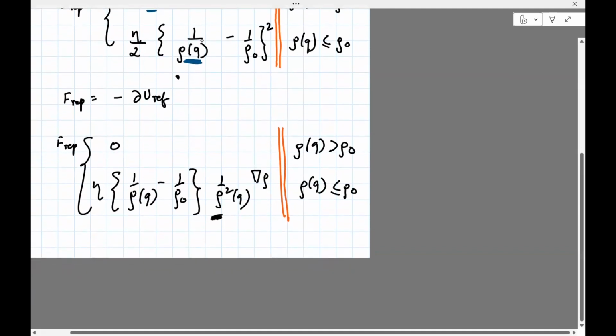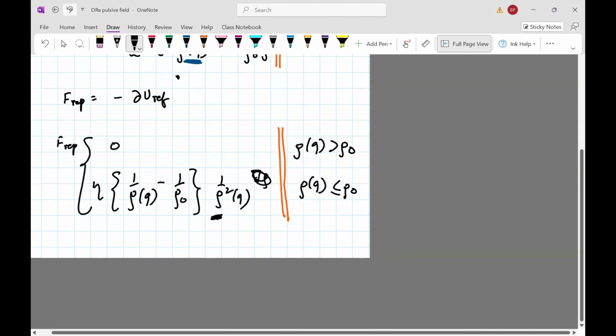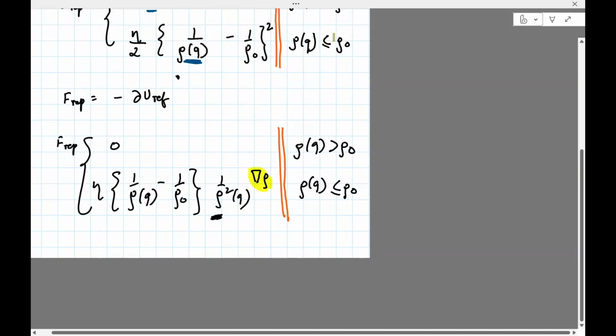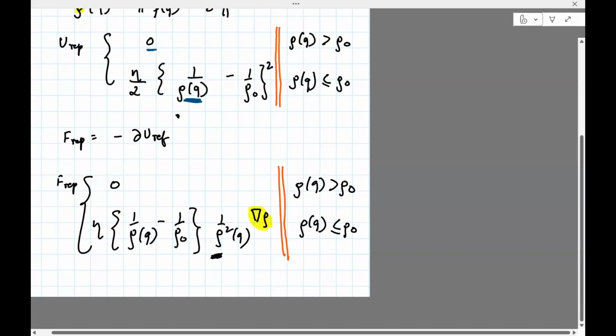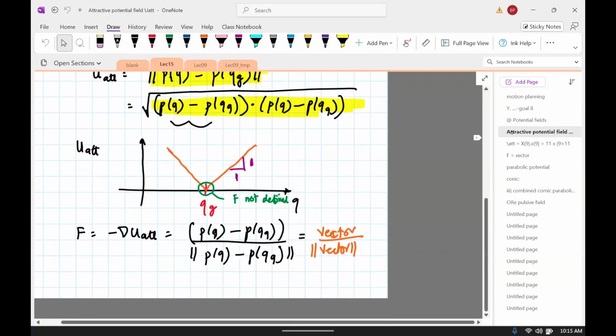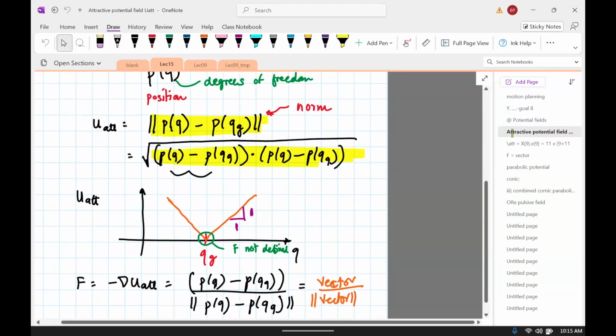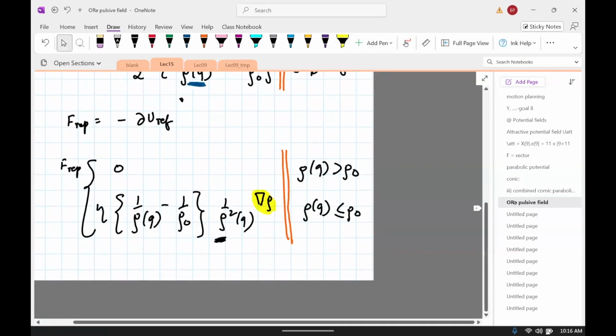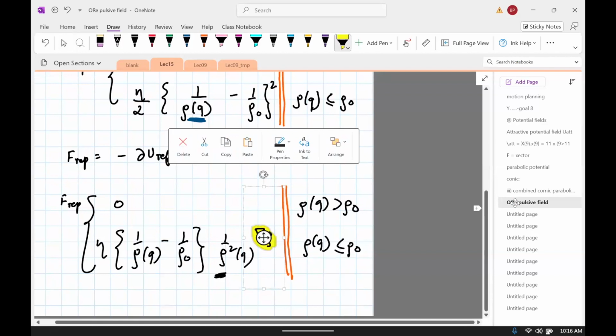Okay, so this term here, the gradient of the distance actually comes out to be a unit vector in the direction of rho, very similar to what we had earlier. I think we had an attractive field where we took the gradient of u, where u was the norm, and that came out to be a unit vector. Similarly, this rho q will be a unit vector, because we're taking this magnitude, this rho, and then taking its